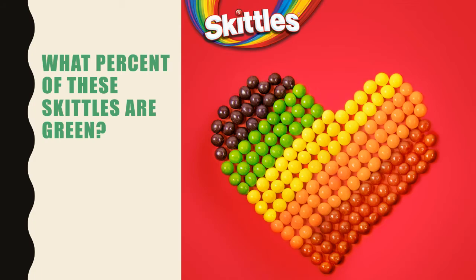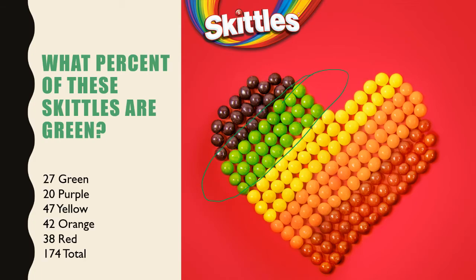All right. Then we talked about percent. And if you were told to figure out the percent of these that are green, right, you would want to count the total and then divide by the green. Hopefully that makes sense, right? So here are the green ones. So the percent of those is the amount of green divided by the total. So I would add up everything,